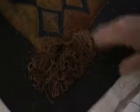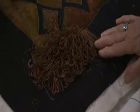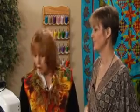Let me move the machine out of the way. Now, can you see this is held down and these are open? Two very different looks. You can also do it with just thread. This is no yarn. This is wonderful because if you have a project that you can't find yarn for, you can make your own